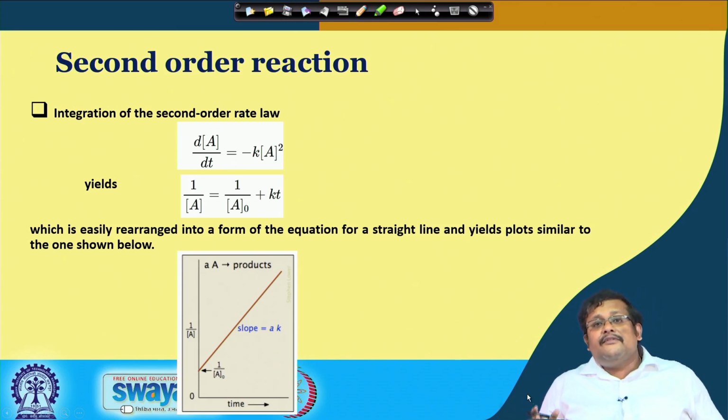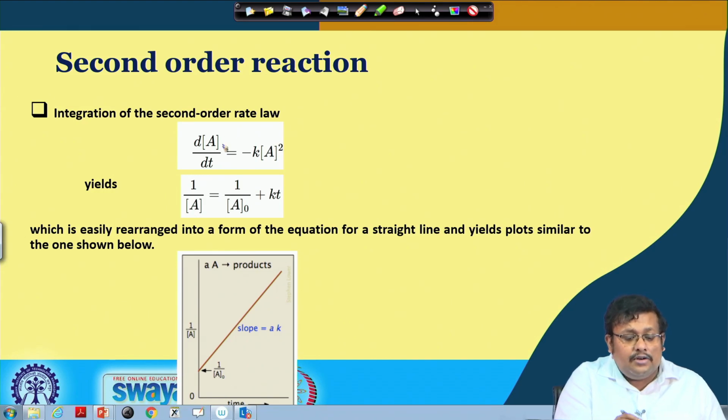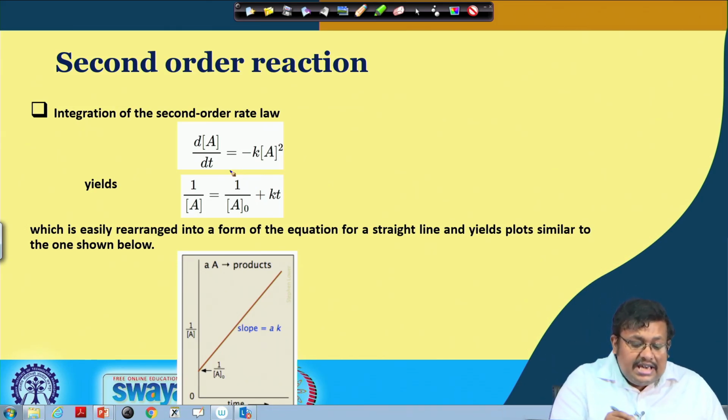So, now we have completed the first order reaction and calculation of the half life. Now, let us talk about the second order reaction. In the case of second order reaction, integration of the second order rate basically follows, as I have told you, the square of the concentration of any particular reactant or the product of the concentration of the 2 reactants. So, here the rate is basically following the square of the concentration of a particular reactant. If we simplify it, we will get this form.